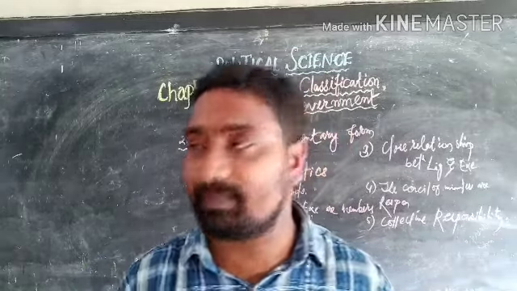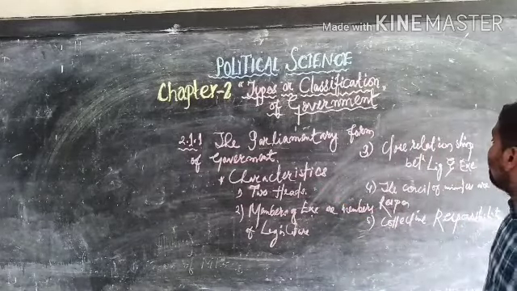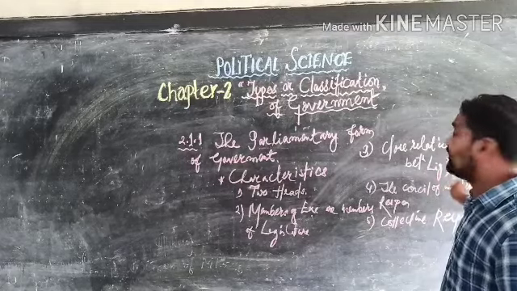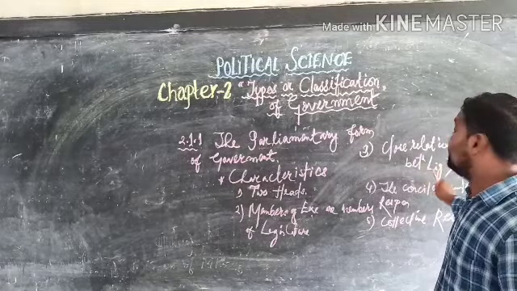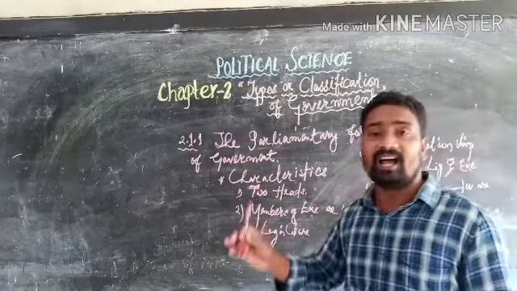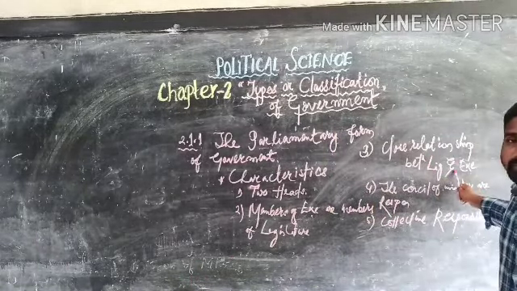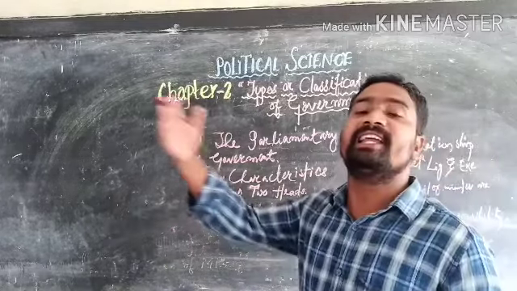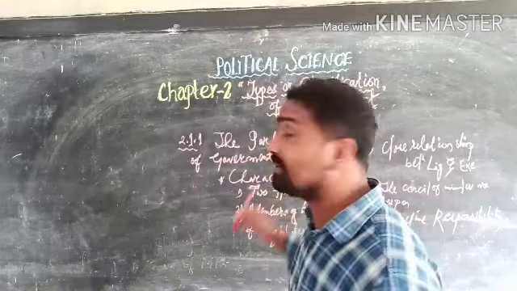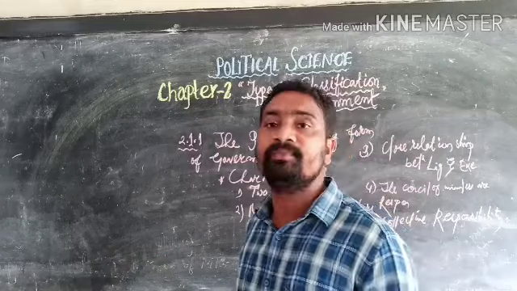As a result, there is the possibility that the Council of Ministers may let loose a tyrannical rule. As I told, since there is no separation of powers between the legislature and the executive, the persons who form the government are from both the legislative and the executive, and this may lead to a tyrannical rule. Understood? They may become all-powerful. Therefore, this is one of the defects.